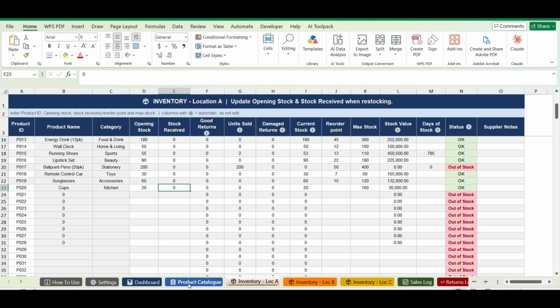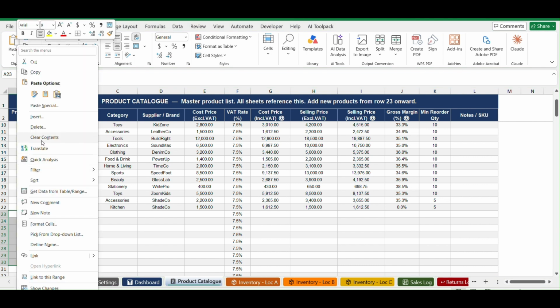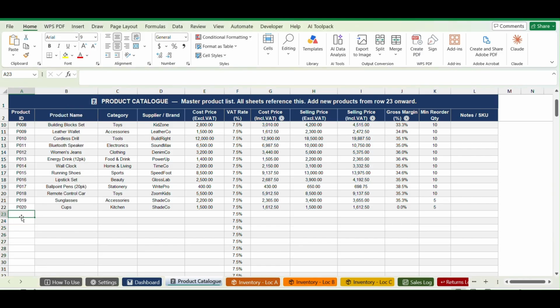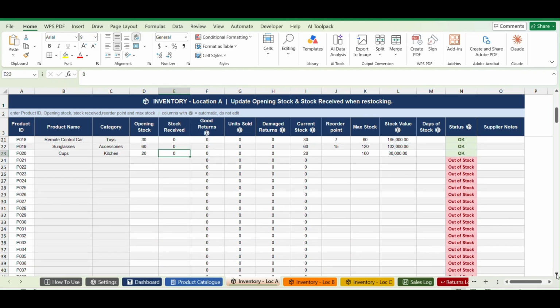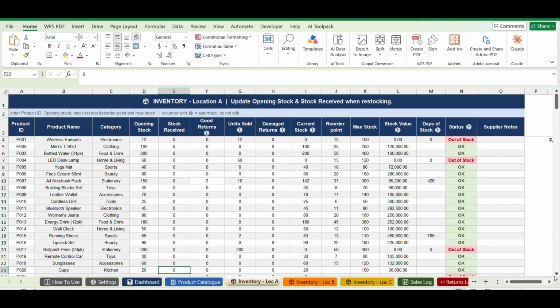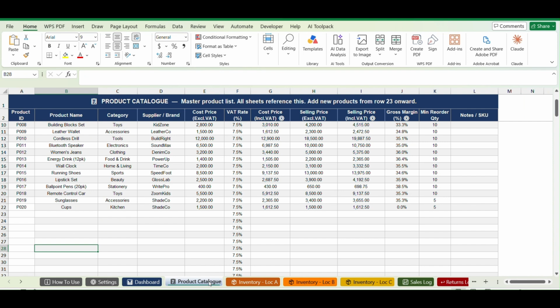I'm going to give an instance. I'm going to try to fill a product and you will see. Let me delete this. When you want to delete the product code, just highlight and clear content. Now I'm going to add a product. Now I've deleted this. Let's go to the locations. You see, it will still be here, but that's because I've not added a product. So I'm going to add a product, and then we're going to see how it appears in all the locations. So let's say P1